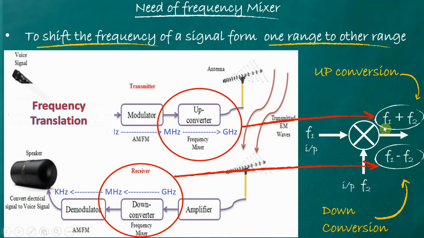As we have seen in this block diagram on the previous slide, in the mixer circuit there are two signals f1 and f2, so it generates sum and difference frequency components, right? The sum component is actually higher than the original frequency component, so it is known as up conversion, and this is for down conversion. The same concept can be used for up converter purpose and for down converter purpose in wireless communication.